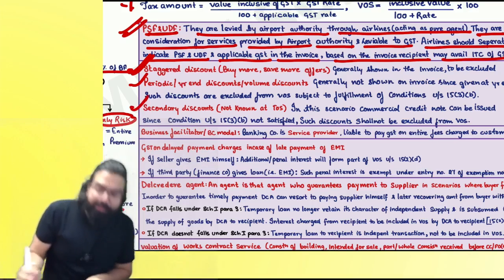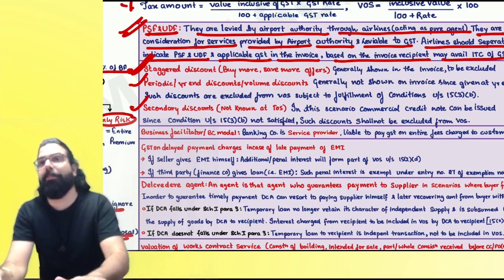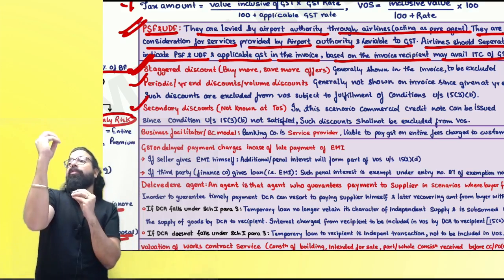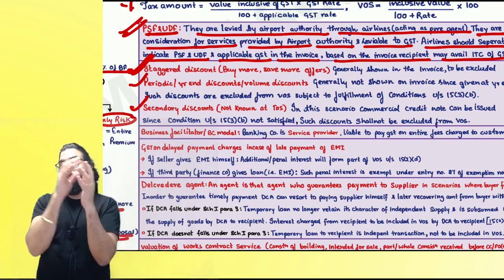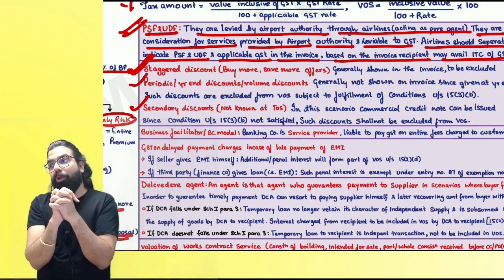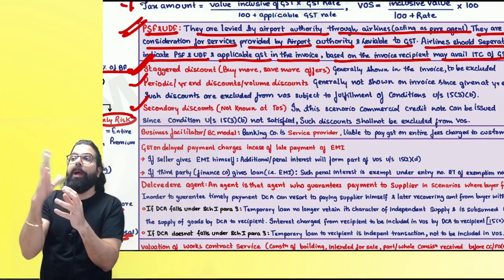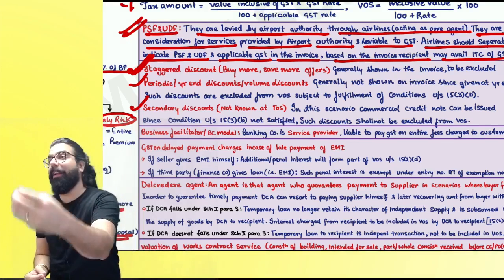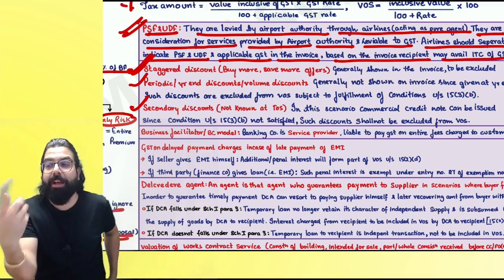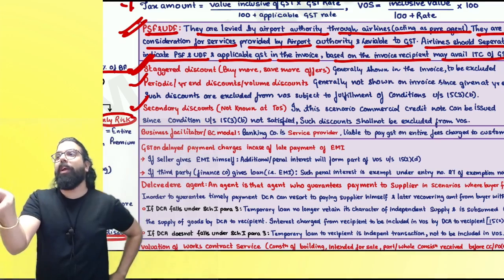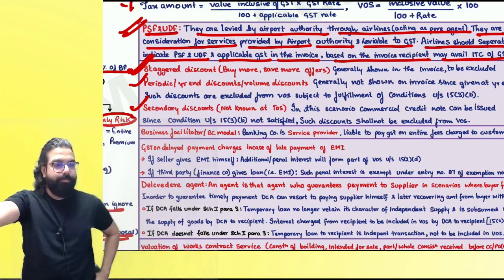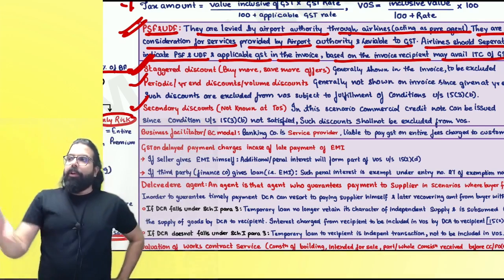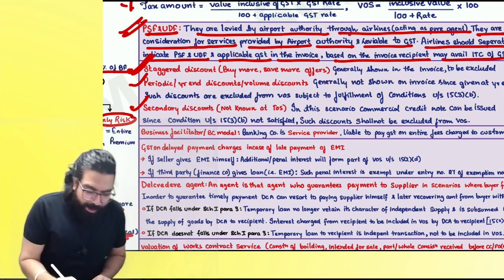The last line over here is secondary discount. Secondary discount is something like, supposing I sold biscuits to Venki. Venki is a shopkeeper. I sold him 100 packets of biscuits, 10 rupees per packet. Now what happened? One day Venki is telling me not even dogs are eating this biscuit. I told him, okay, fine, I will give you a 2 rupees discount. Did we have an agreement for that discount? Because we did not have an agreement, the earlier condition is not met, so it is not to be excluded from the value. I hope everyone is clear.